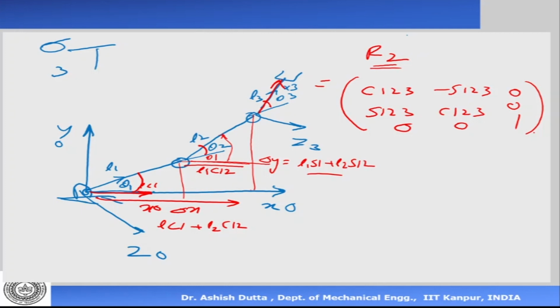Instead of doing all this, I could have simply looked at the manipulator and written the matrix, because once you understand the homogeneous transformation matrix, it's very easy to correlate and write. So today we will stop here. What I want you to really understand is the structure of the homogeneous transformation matrix. By looking at a manipulator structure, you can write down the final relationship between the last axis and the zero axis, because the structure remains the same.